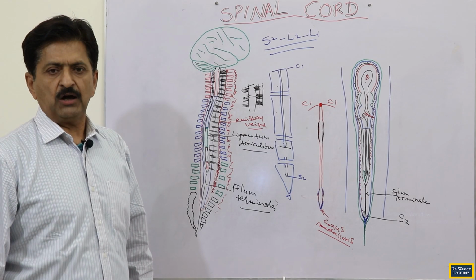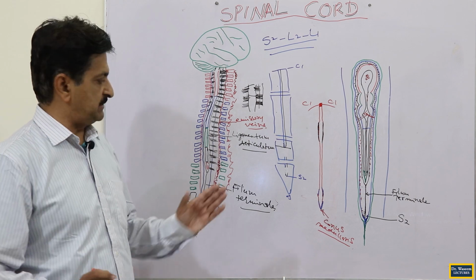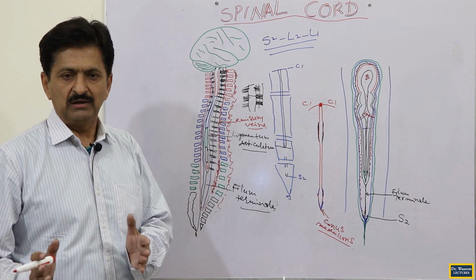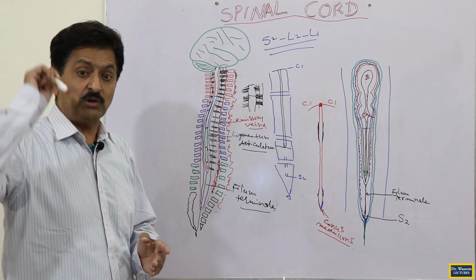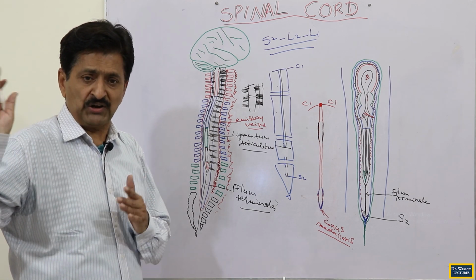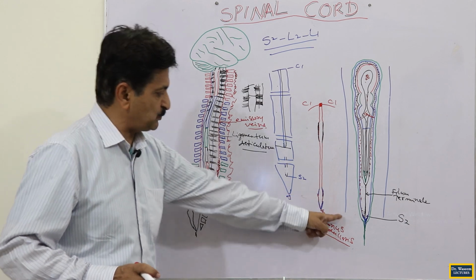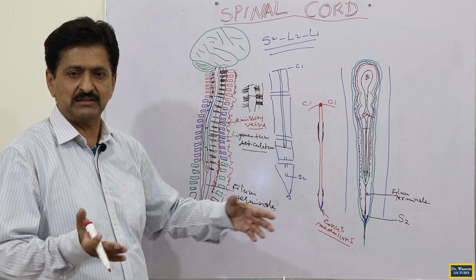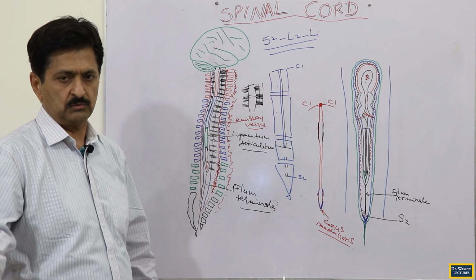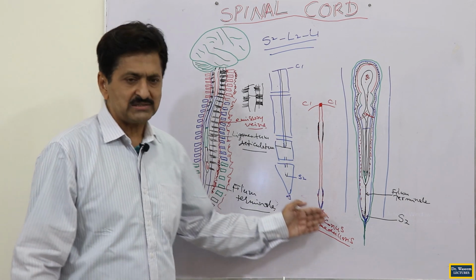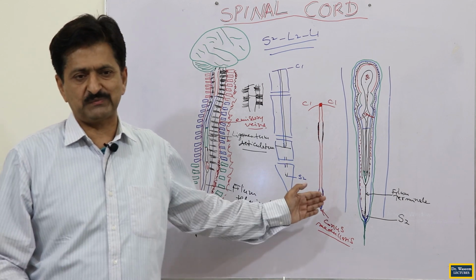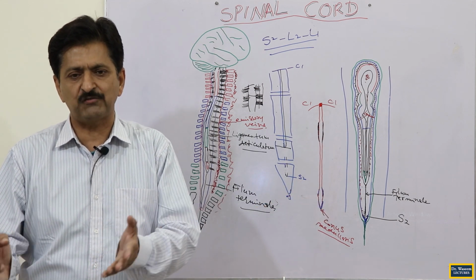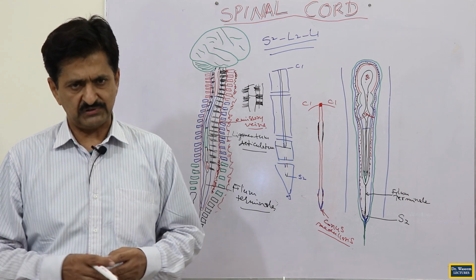Officially, the name of the spinal cord is medulla spinalis. You can say spinal medulla. And the medulla which is actually famous is the medulla oblongata. This is the spinal medulla. That is why the lower tapering end of the spinal cord, which is cone like, is called the conus medullaris, the medullary cone. So when you refer to this region, you can simply call it the conus medullaris, the terminal end of the spinal cord.